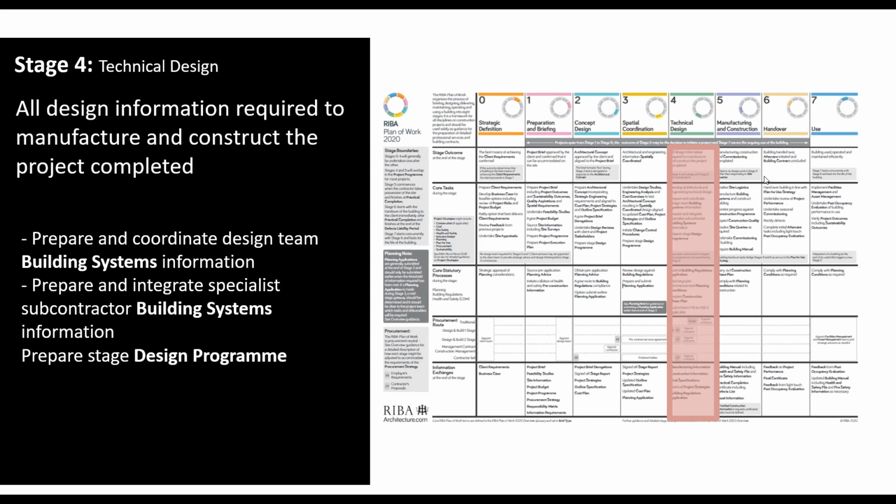And of course, depending on the procurement route, the design team might be working independently, but where the contractor has got an early appointment, stage 4 might have an integrated design program between the specialist subcontractors and the lead designer. So it's really important to realize that the design program is going to vary depending on the procurement route, but ultimately at the end of the day, at the end of stage 4 is all of the information by the design team and the specialist subcontractor, and as I said earlier on, the optimum information to manufacture and construct a building.